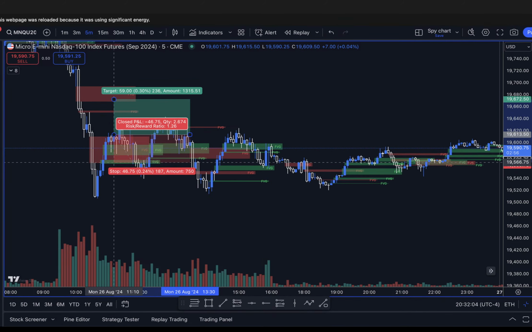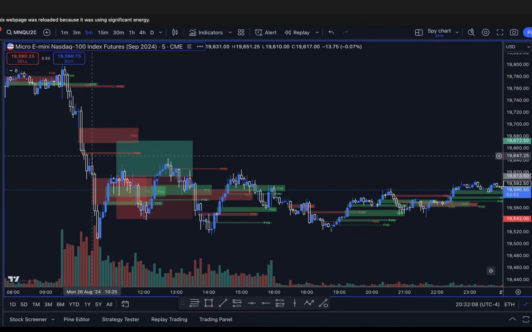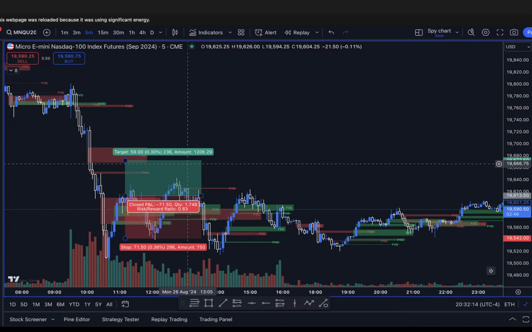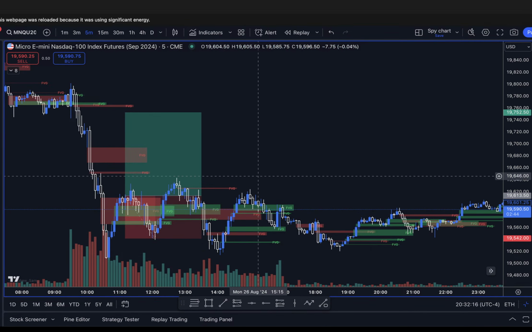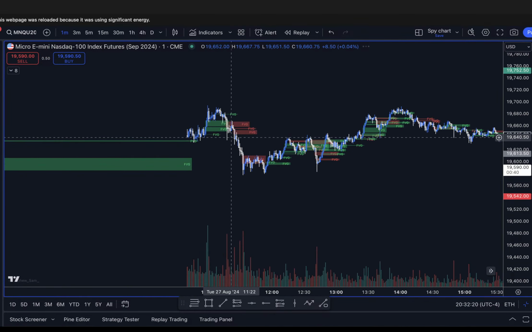And obviously I got stopped out somewhere like here, stopped out for a loss, which ate my little win, even though my trailing stop would not have stopped me out because I knew we were going to sell side liquidity. This was like my trade or whatever. But if I would have caught it on the 1 minute,